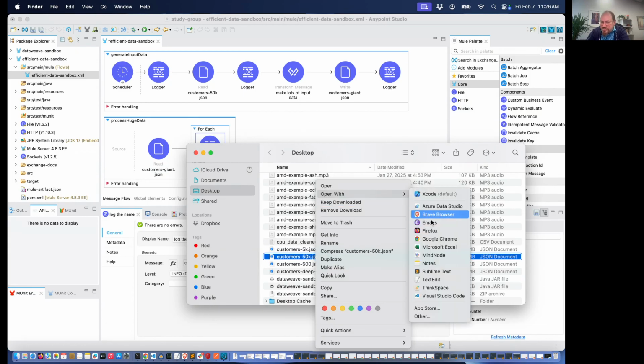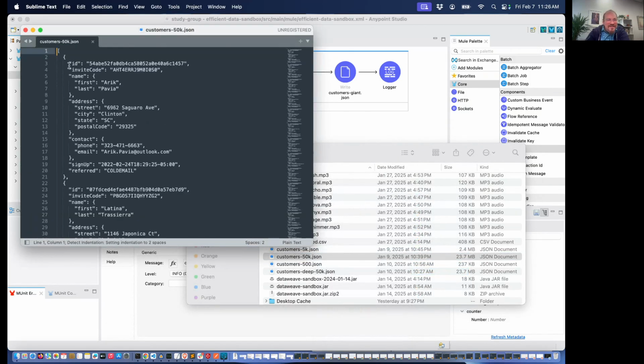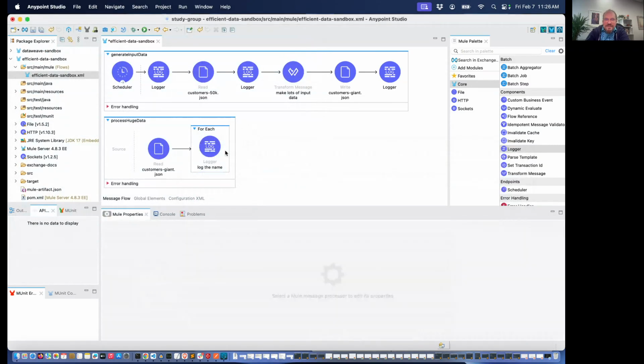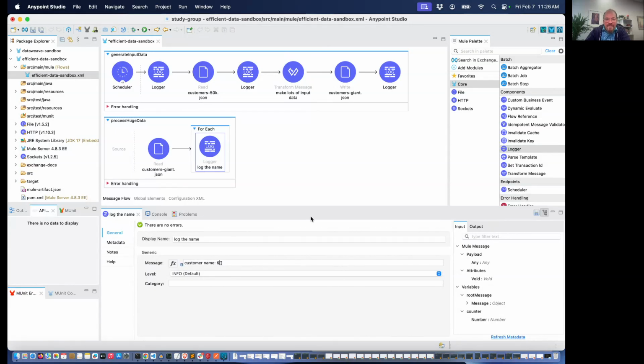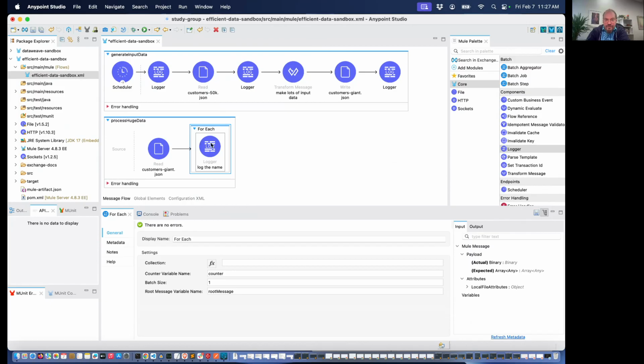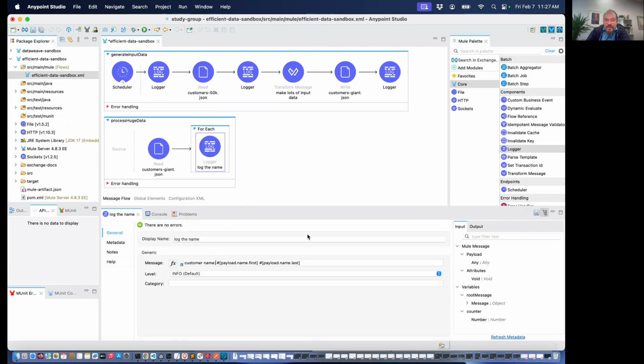I forgot my data model. Customer.name.first, customer.name.last, right? So we'll do that. Payload.name.first space payload.name.last. And inside of for each, we have a counter, right? So I could even number them. So